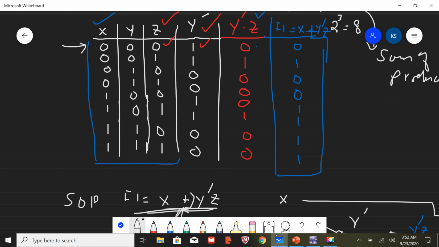To check again, I will apply the second combination, that is I will keep 0, 0 at X and Y, and I will change the logical value of Z to 1, and then I should observe that my LED should glow because my second combination is 1. Similarly, all of these combinations are going to be in correspondence with my circuit that I have implemented. Let's try this in my